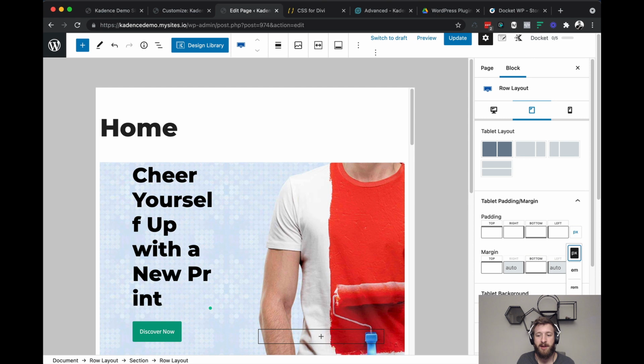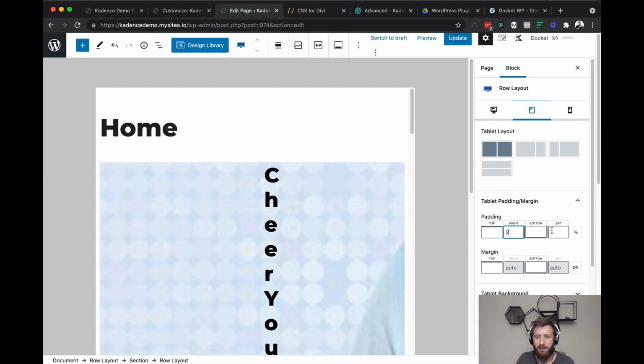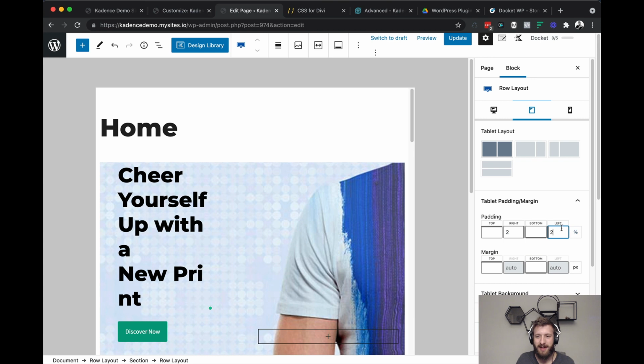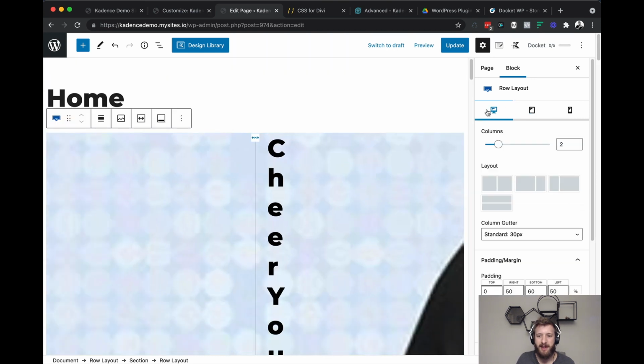Like, let's say I wanted percentages at that point. Well, things are looking funky already. Let's say I want 2% on either side. Well, if I then go back out to my desktop settings, you see now the units have changed.